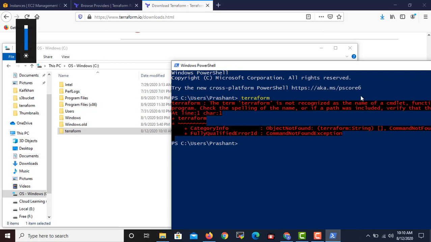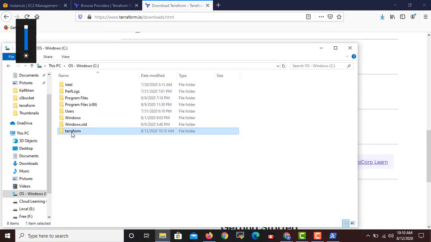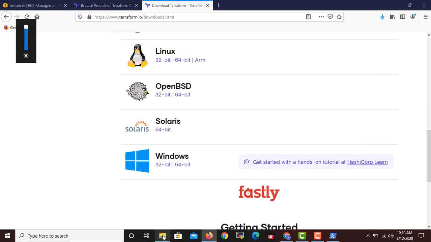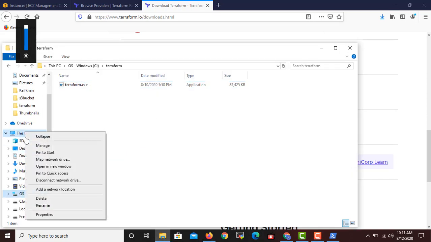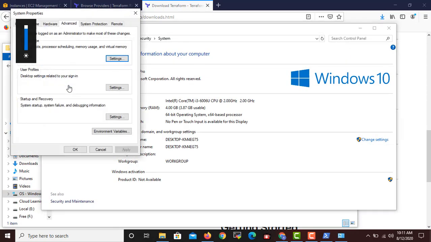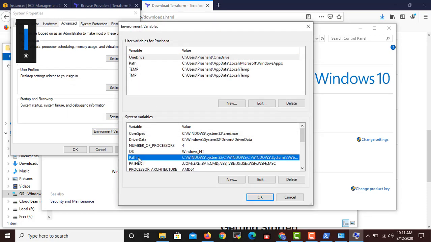So how do we specify that? You have to note down the path, C:\Terraform. Keep it with you. Then go to This PC properties or My Computer properties, advanced system settings, environment variables, and go to Path.